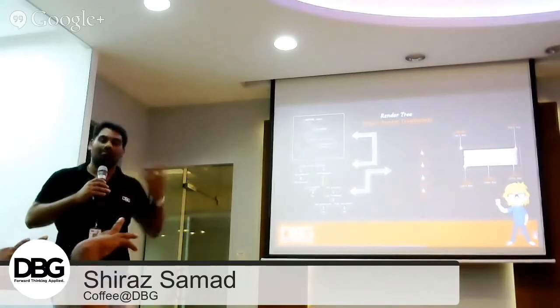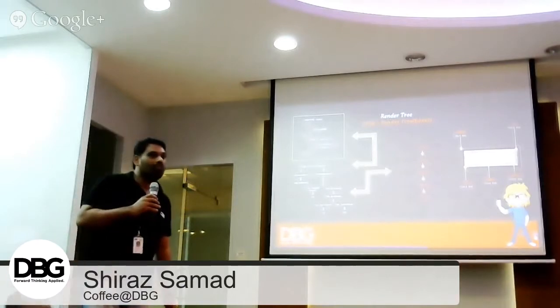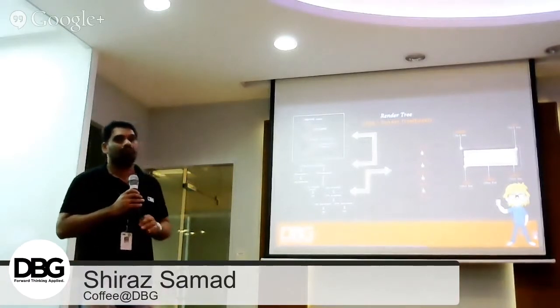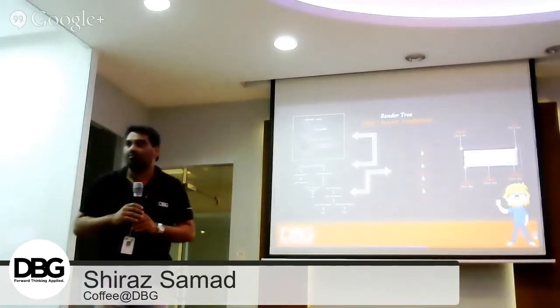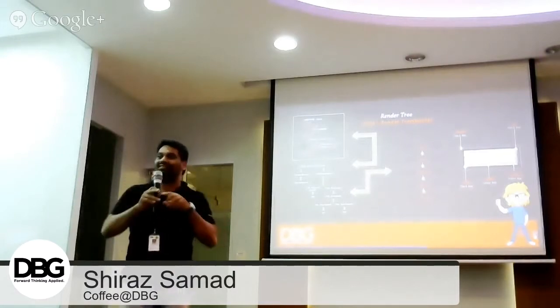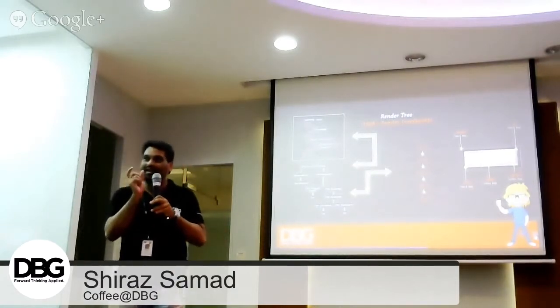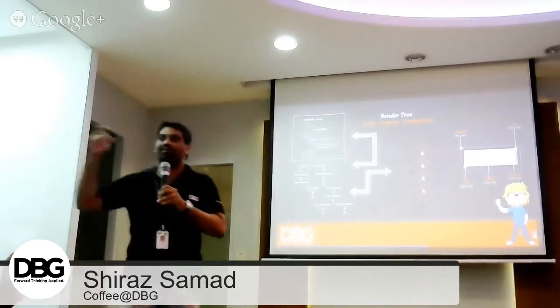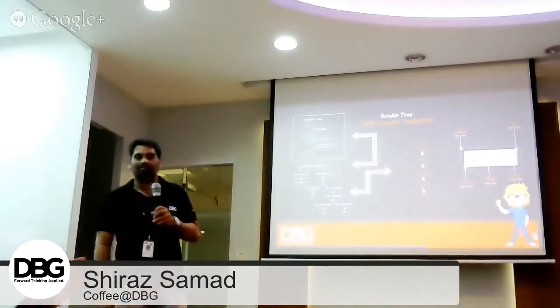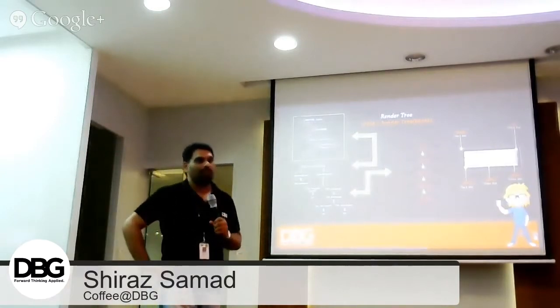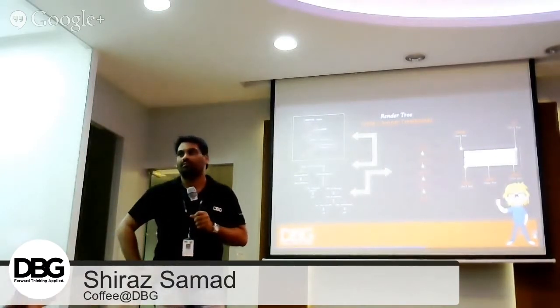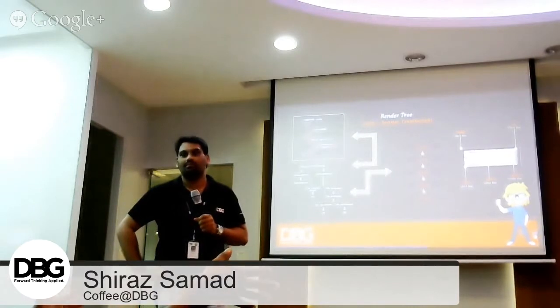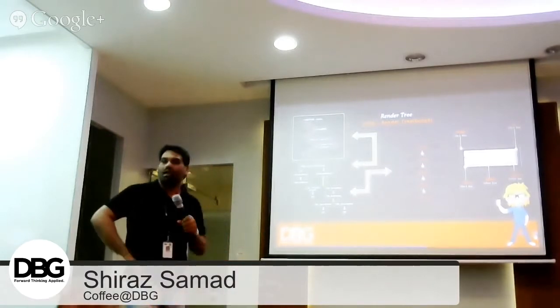Block boxes and inline boxes, right? Block boxes are just blocks, and inline boxes will stack. They determine whether the next block will be on the side or below. So if it is an inline box, the next item will be shown on the right. And if it is a block box, it will go to the next line.